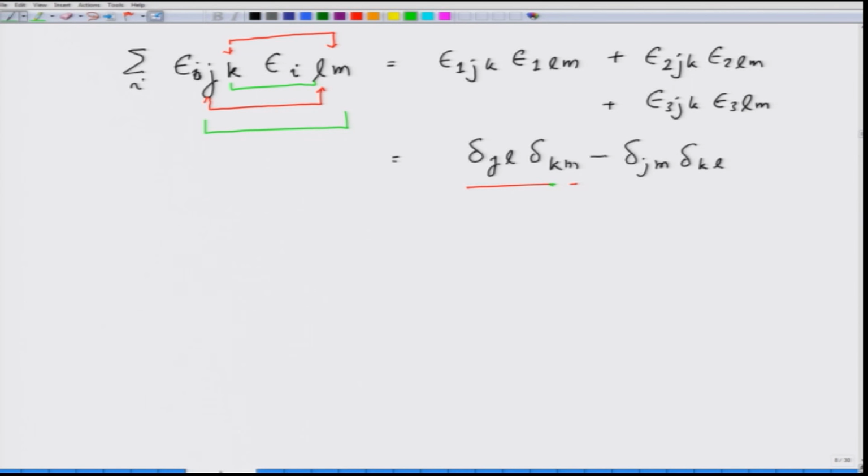So, let us now see how these definitions, or expressing vectors like this,